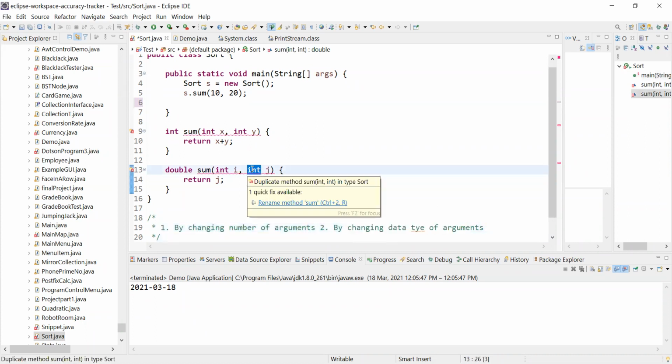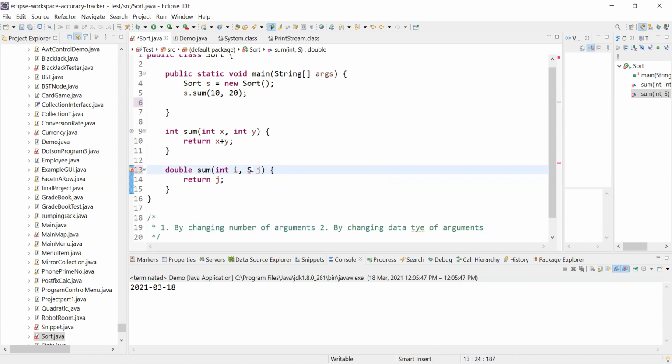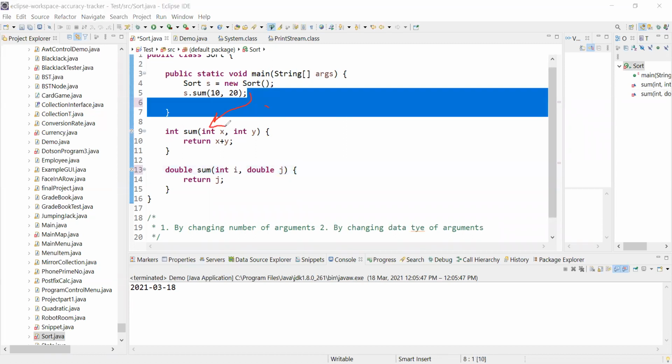Like if I say double, you can see we are fine. There is no issue with this, because when we say sum 10 20, it is clearly visible to the compiler that we are calling this method, because if we are going to call the other one, we need to pass a double here.